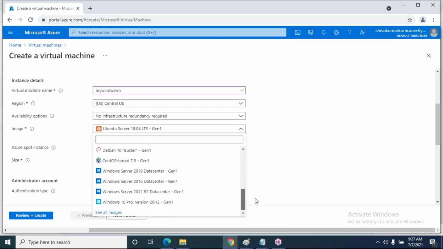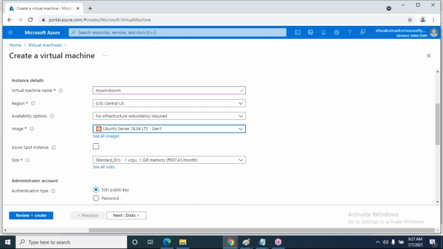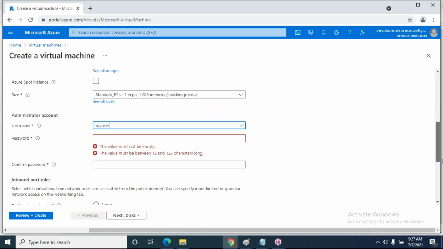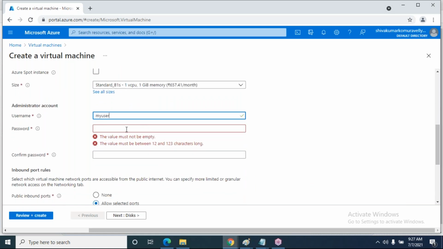This time I am going to select a Windows machine. Windows 2016, 2019, 2012, many versions are there. I'm selecting Windows 10 Pro. The username is my user and then the password.